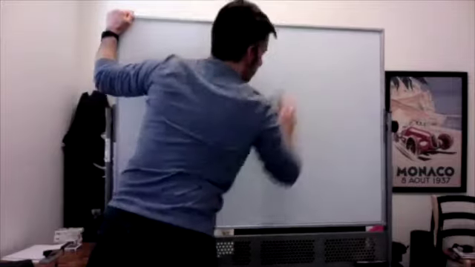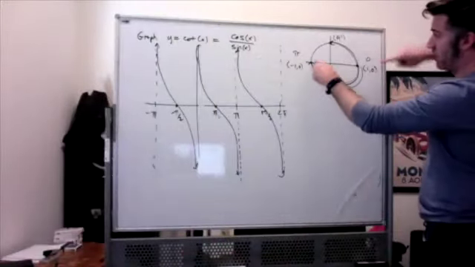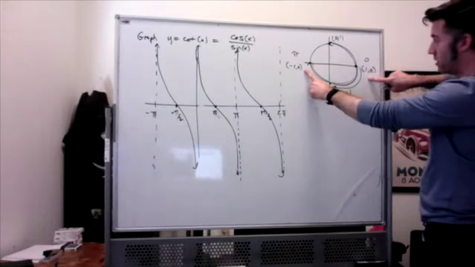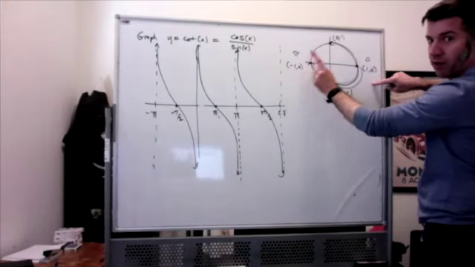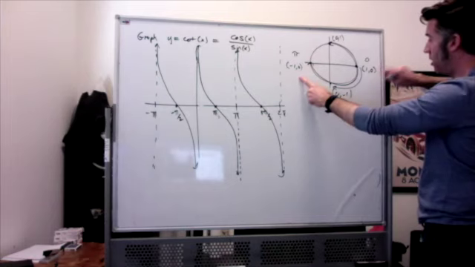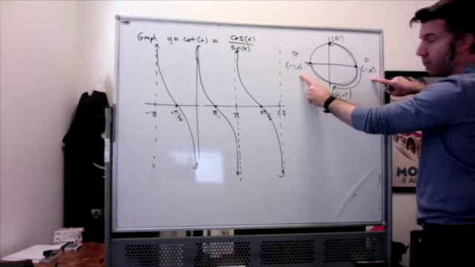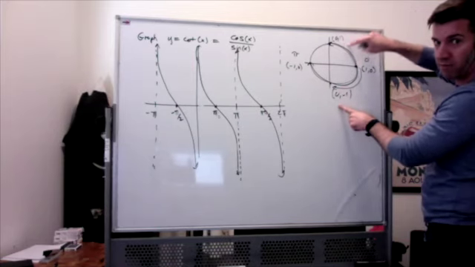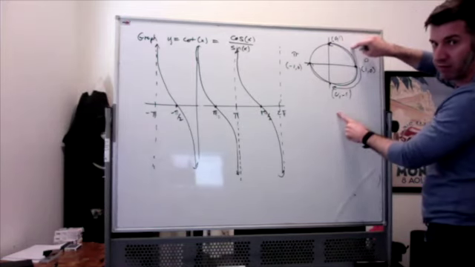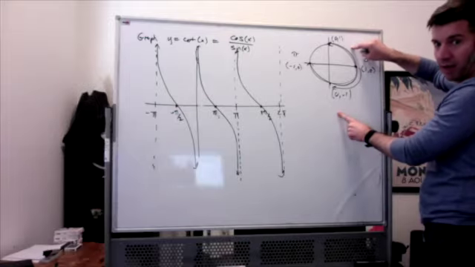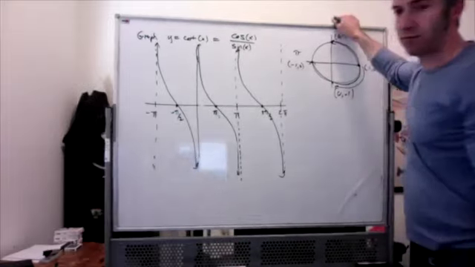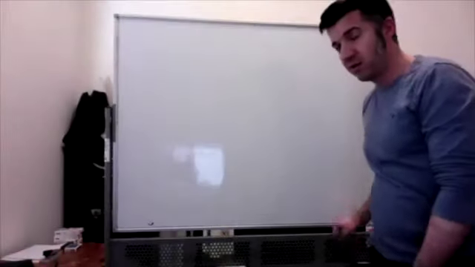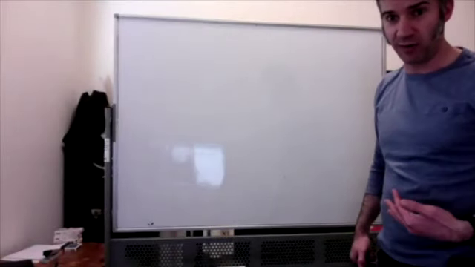So, right, here are the places where cotangent is undefined. 0, pi, 2 pi, 3 pi, 4 pi, 5 pi, 6 pi, 7 pi, right? Even multiples of pi, odd multiples of pi. Here's where tangent is undefined. Pi over 2, 3 pi over 2, 5 pi over 2, 7 pi over 2, 9 pi over 2, odd multiples of pi over 2. Okay. Secant and cosecant, I think, are actually way easier to graph than tangent and cotangent. So let's talk about